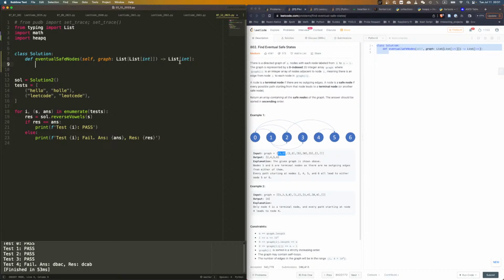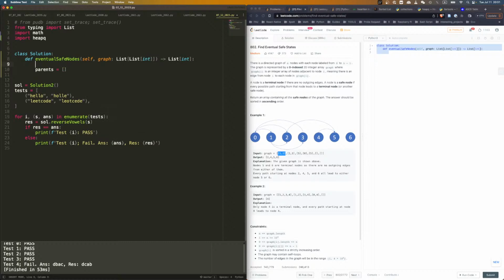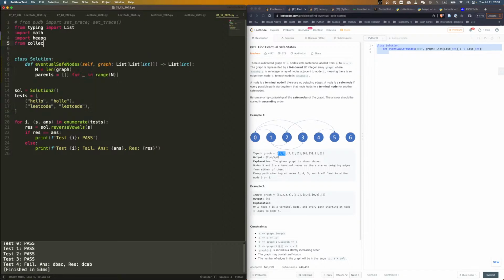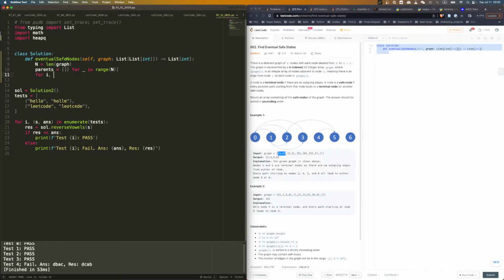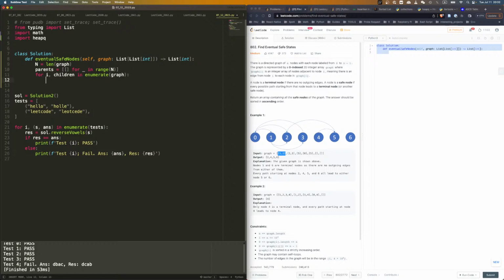We don't have to do that, but we do need to have a different structure, not a graph, so we say parents. n equals len graph, right? So parents will equal this. No, it's not equal to this. It's equal to this for this in range n. Might as well. This might be faster. Okay. Then for i, children in enumerate graph,